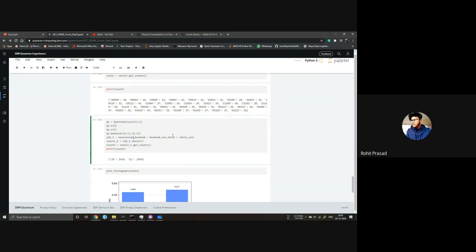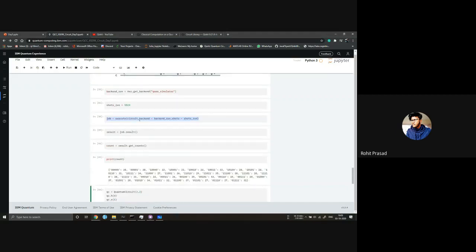Oh, okay. The backend is on what system you want the circuit to run. Yeah, I'm telling the same thing. Backend means on what system you want it to be run.